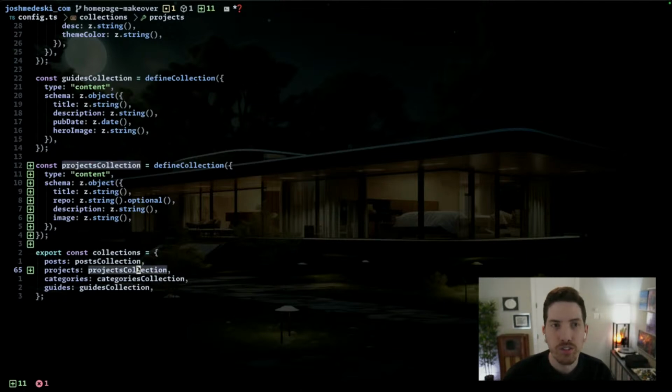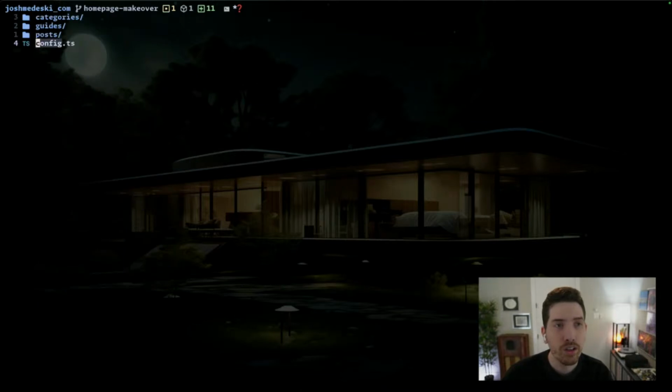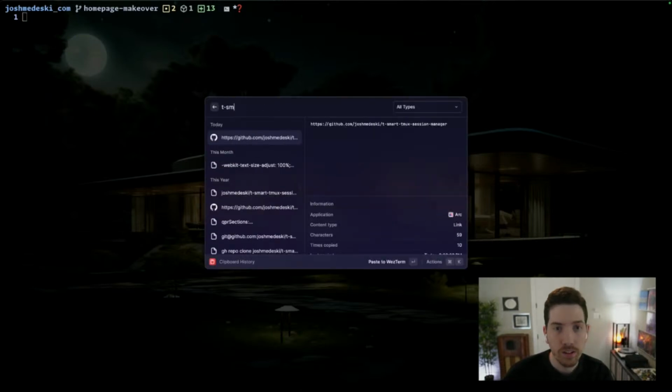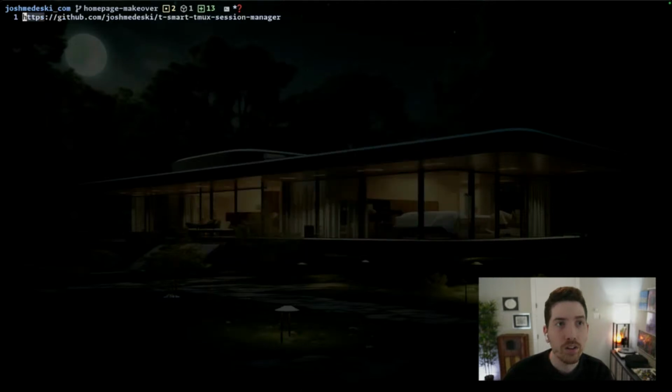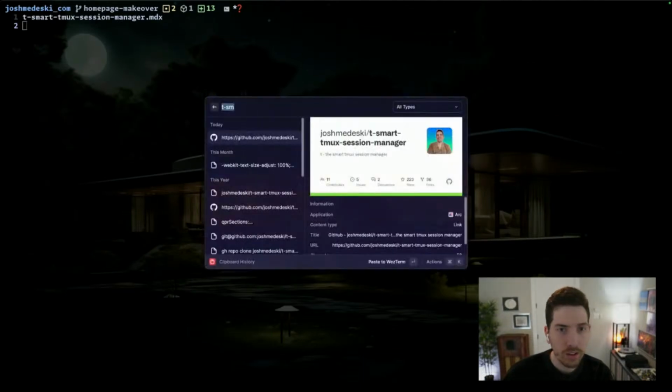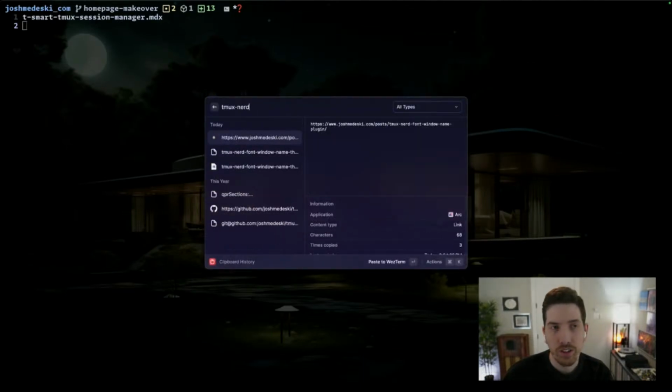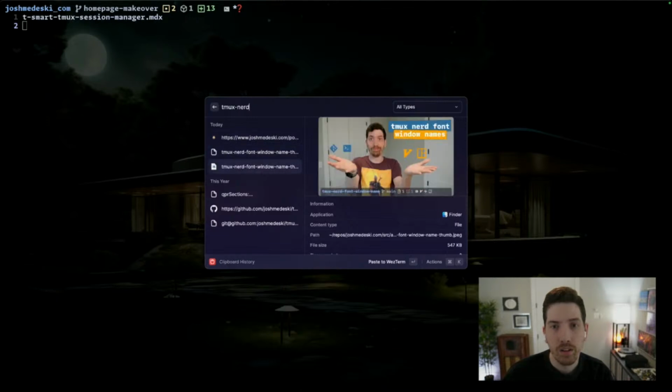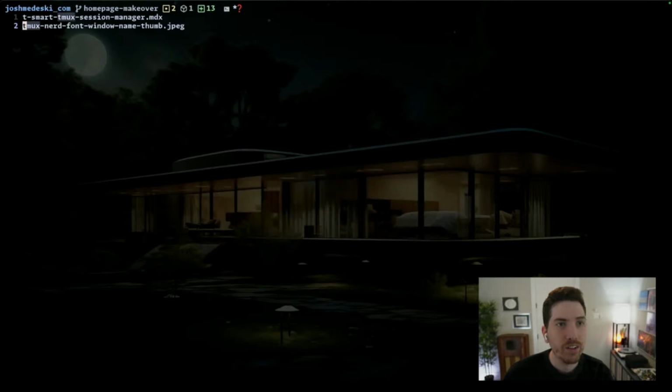All right, so there's our projects. That's all it takes. So all you have to do now is create a projects directory. And in that, we're going to create a tsmart, and we'll call this MDX. Is it MDX? Yeah. And then we'll do a tmux nerd font window name. My goofy thumbnail. So that's this one, .mdx,